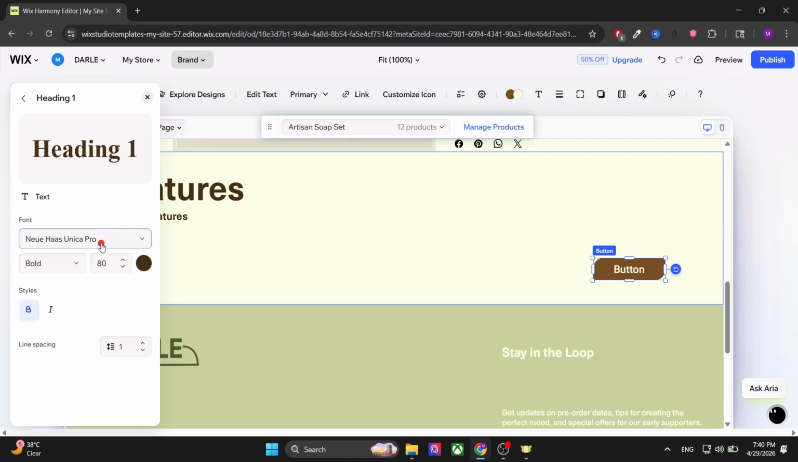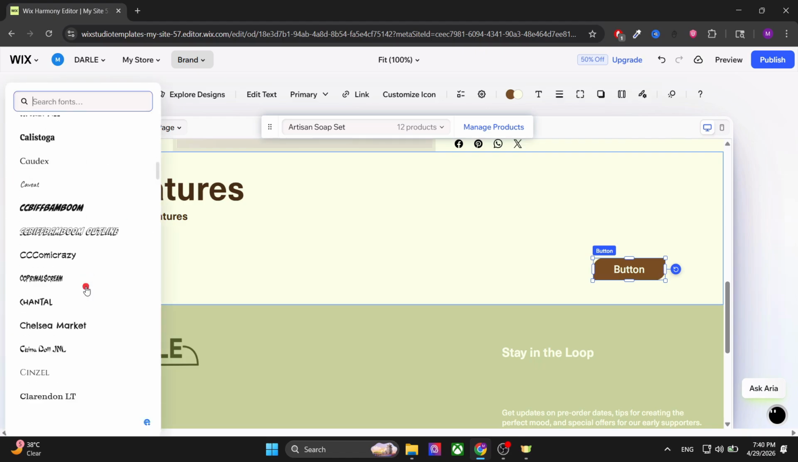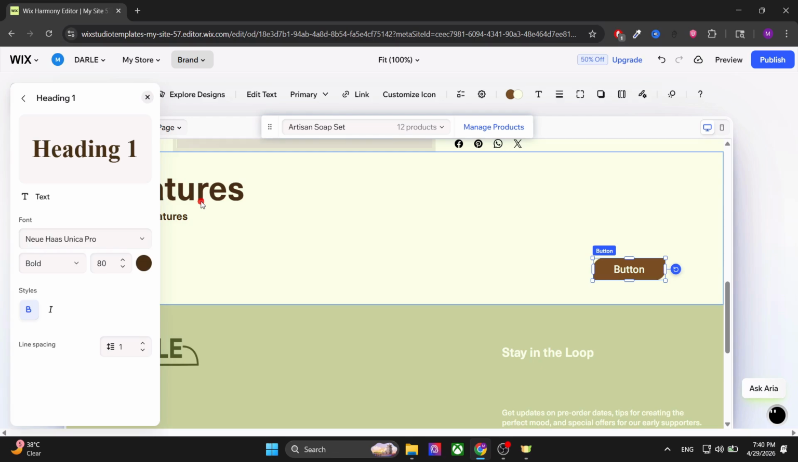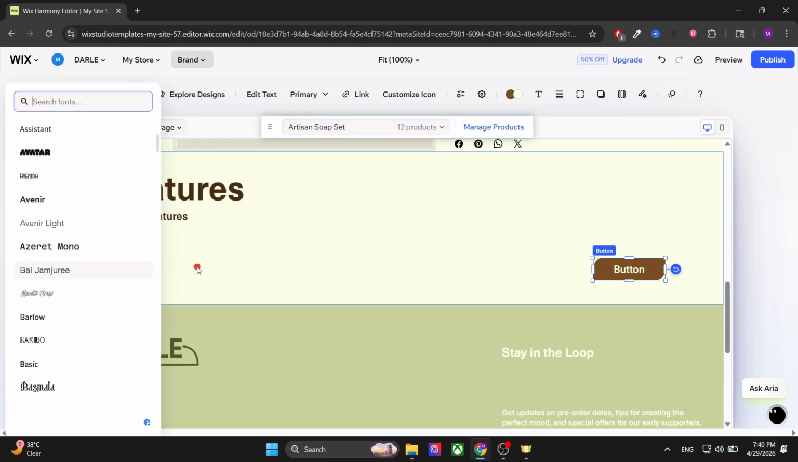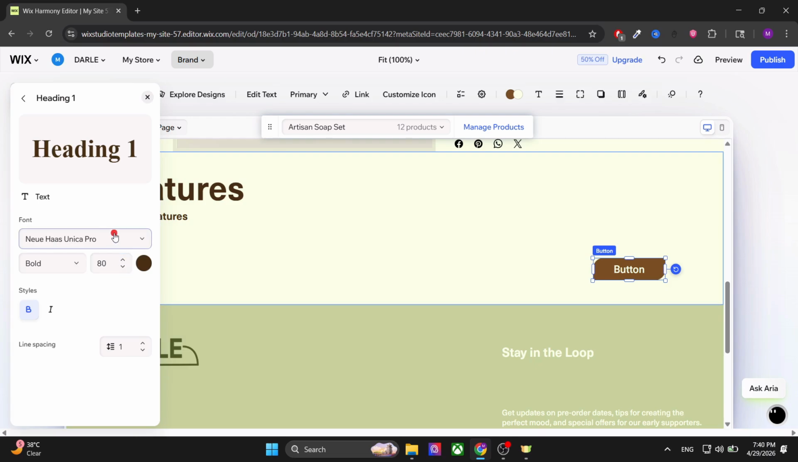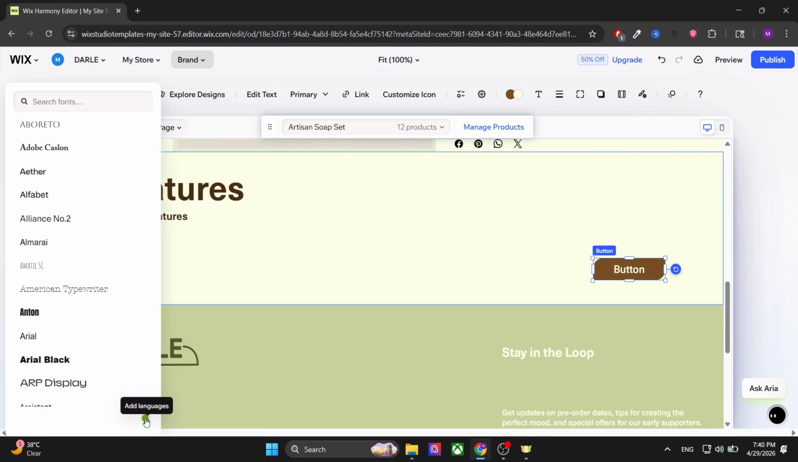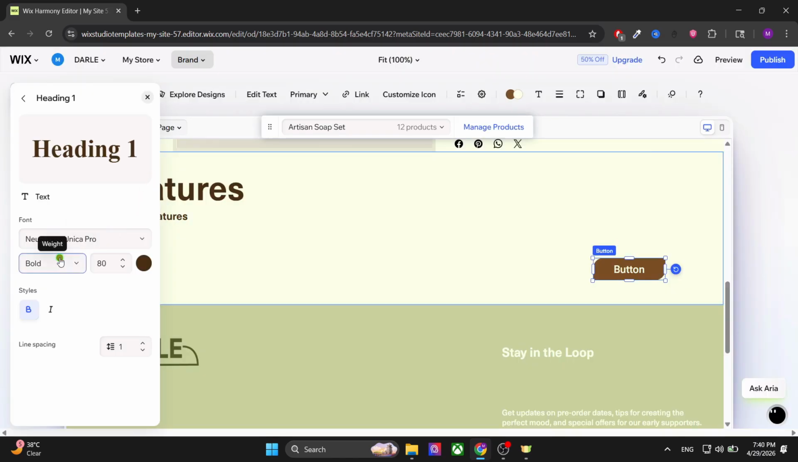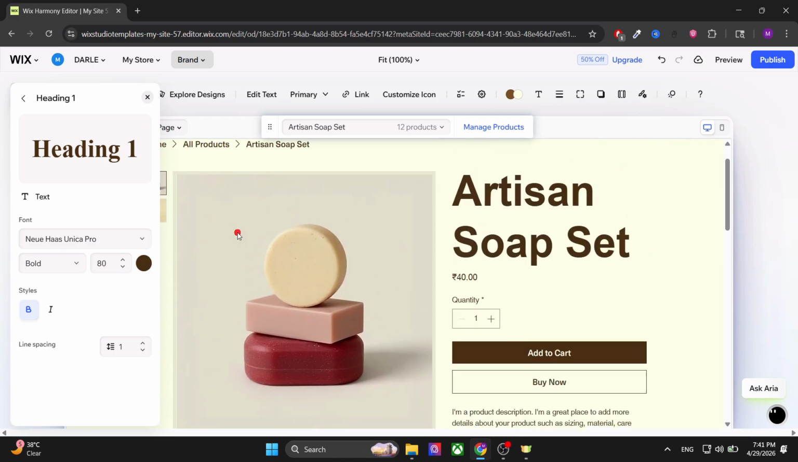You can change the font of your default text using these options here. You cannot upload your custom fonts yet. There is no option for that. You can only use the fonts from this library here. If you want to change the language though, you can do so from this add language option. You can add the language. You can change the formatting from here, the font size from here, and if you want to override the color,